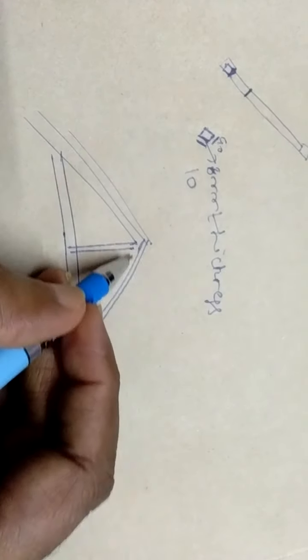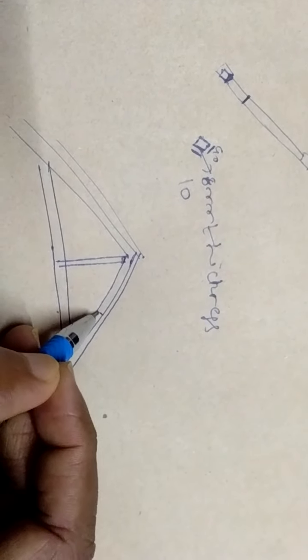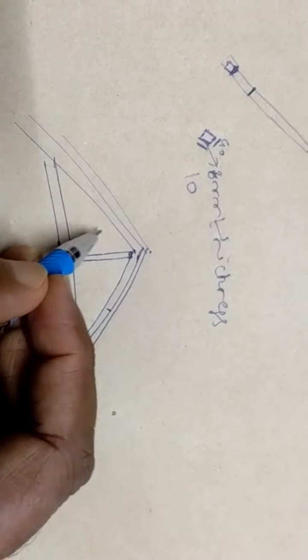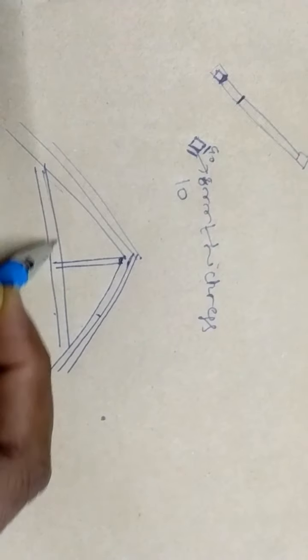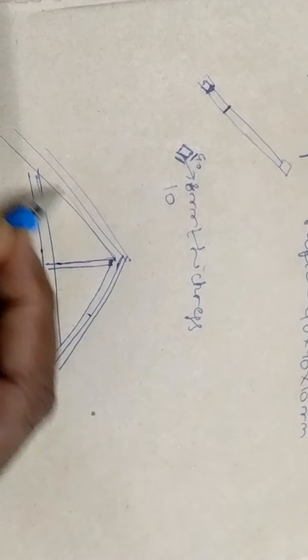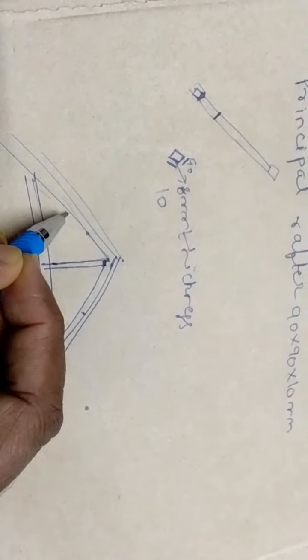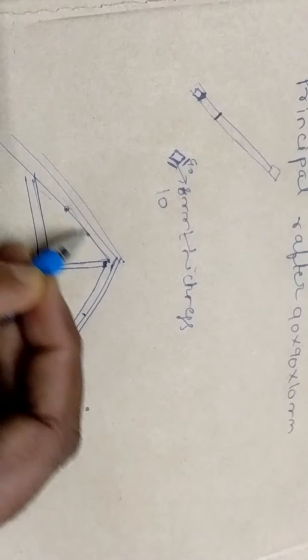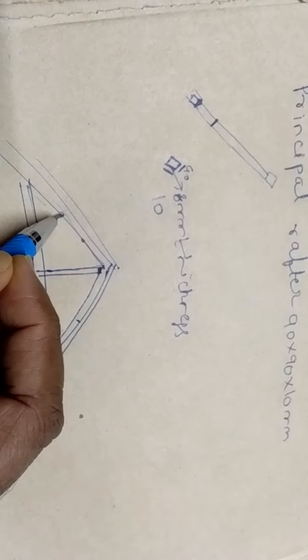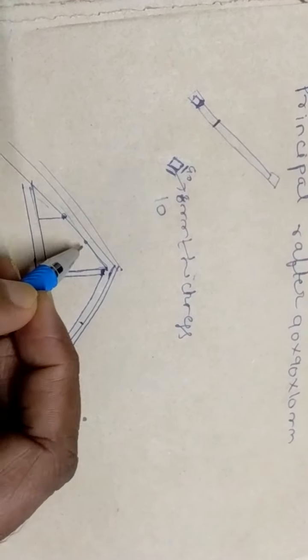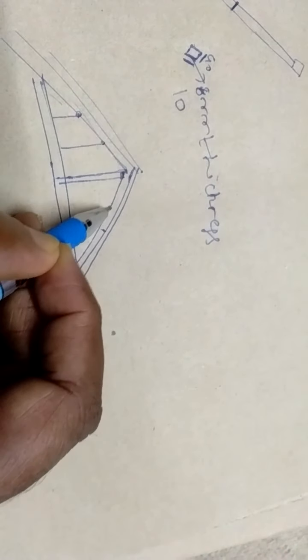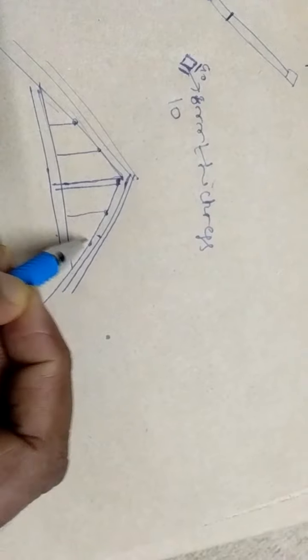So this is the principal rafter, this is the principal rafter. This is the dimension of the principal rafter, 90 mm. So this forms a triangle, correct? So this forms a triangle. So make 2 points here so that this slope is divided into 3 parts. So what we are going to do, just take a line like this, again this triangle is there, make another 2 points here, take a line.